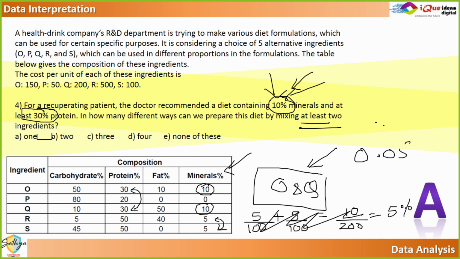Average इसमें कभी भी ऊपर नहीं जाएगा ये. 10% से ज़्यादा अगर होता तो you can keep 10. But when you're adding anything which has less mineral in it, the overall percentage will always go less than 10. So it is not possible to add anything else. Do you understand it? All the other 3 ingredients have less than 10%. So the moment you add any of the other 3 ingredients, the percentage will come down.